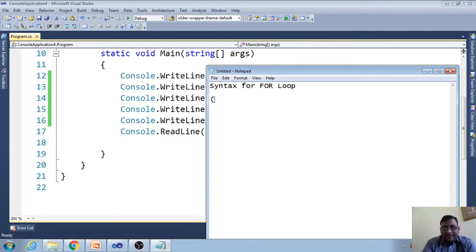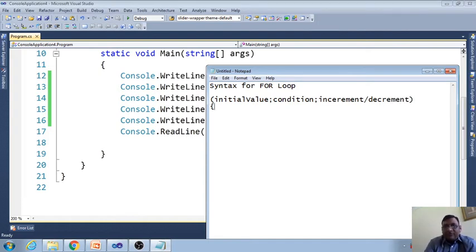In brackets, initial value, semicolon. What is this initial value? I will let you know after some time. Then we will have the condition, and then we have increment or decrement.